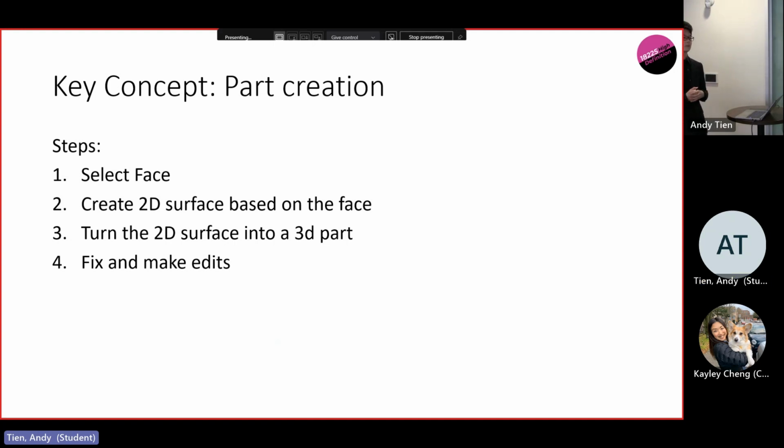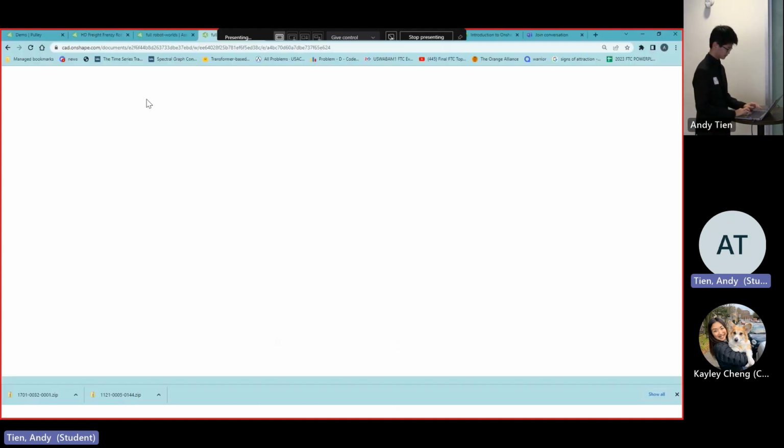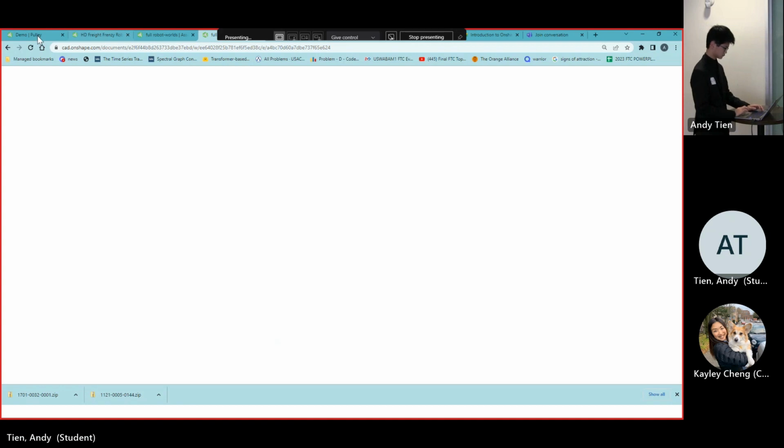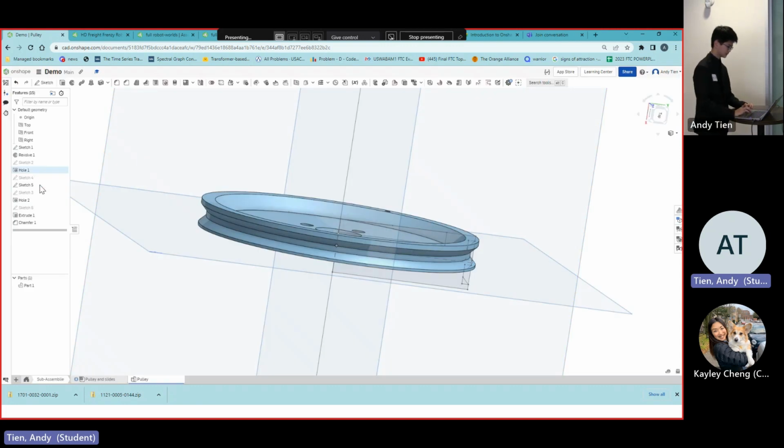First, we're going to talk about part creation. Onshape works on the platform that you first create a 2D face, and then their program helps you translate that 2D face into a 3D face. So what am I talking about? Let's go over here. I'll quickly go through a quick process. You can see, if I first go under here and I create a new part studio,